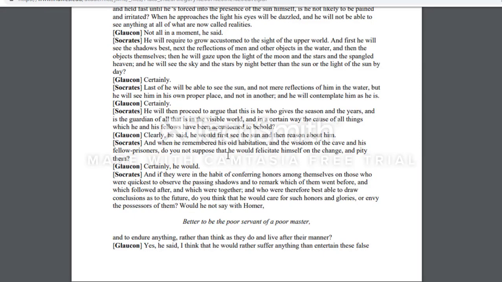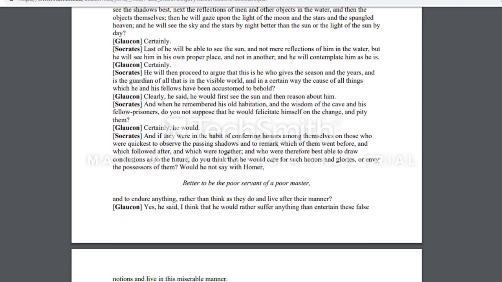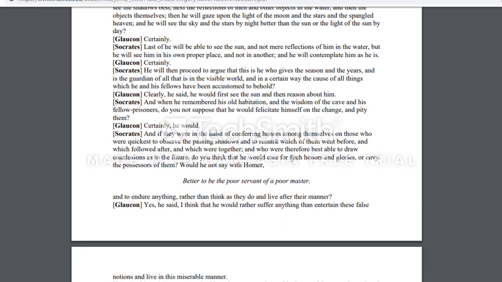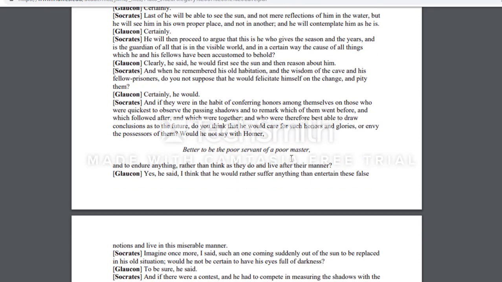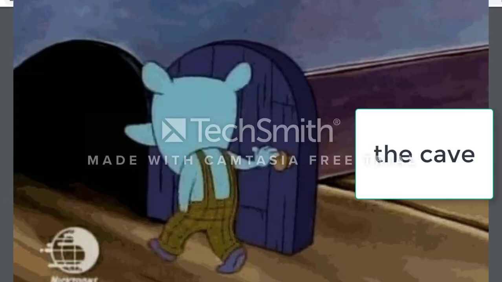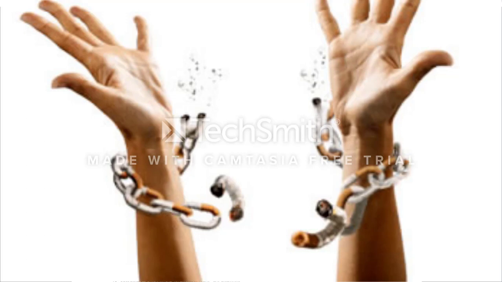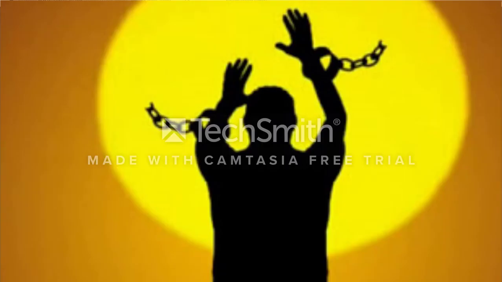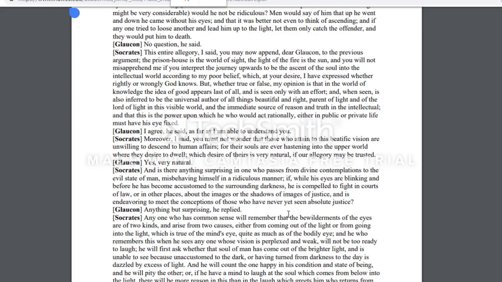And so then he starts to talk about how there's going to be a person who actually leaves the cave. He gets off his chains, goes outside of the cave, and is introduced to true light, which is the sun, right? And the sun in this case signifies philosophy. As we were talking about allegory, it's here to symbolize the importance of philosophy.